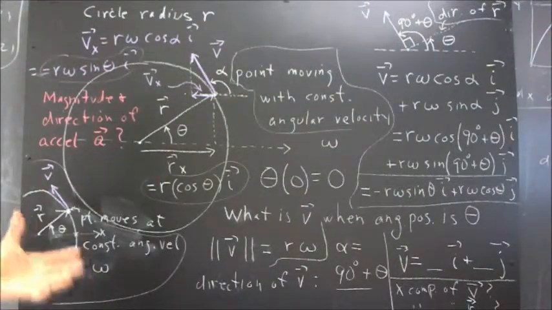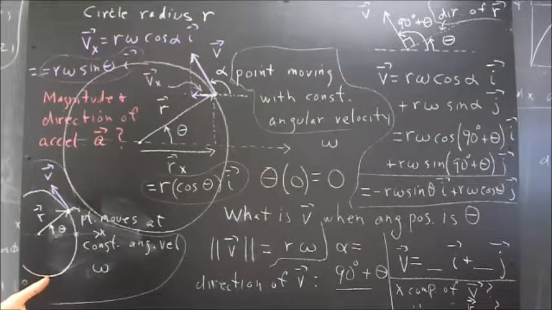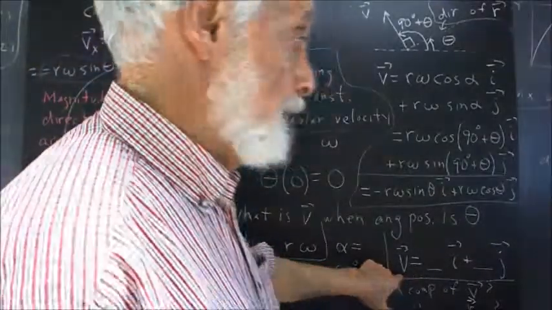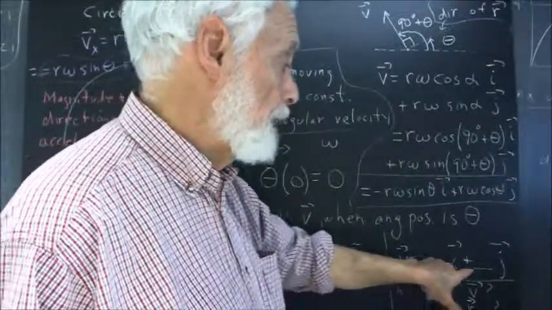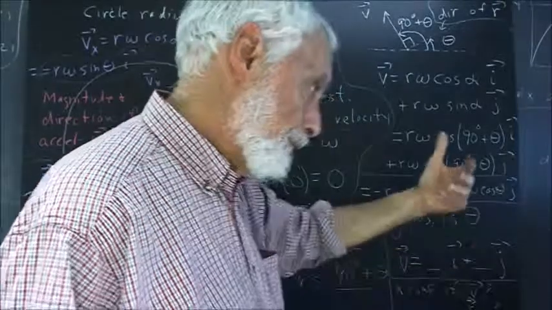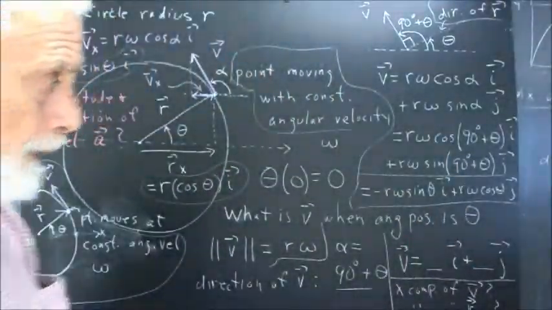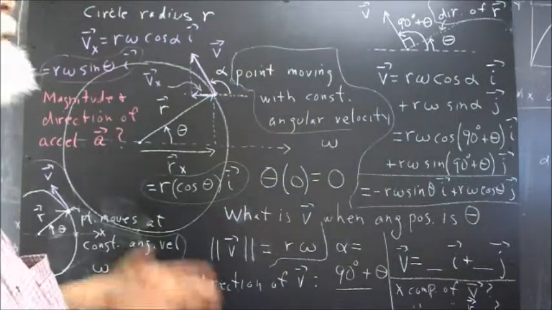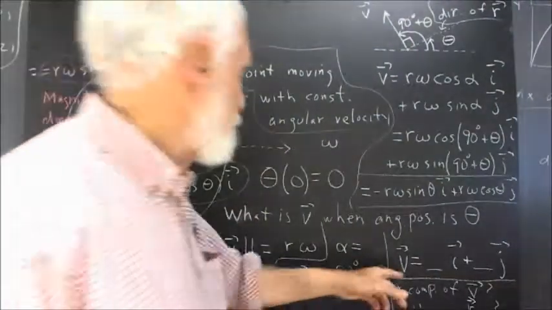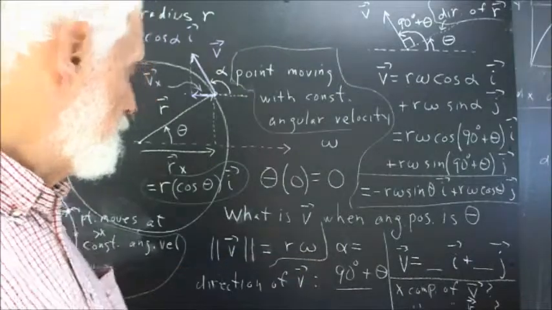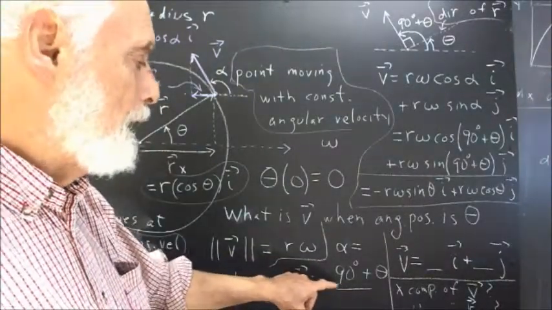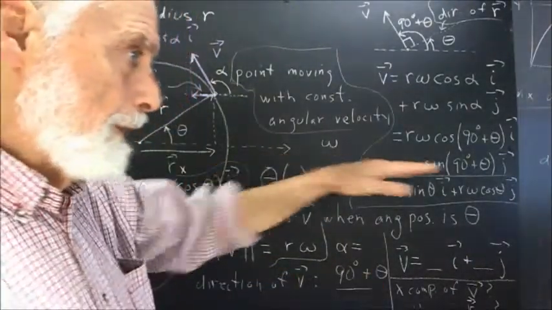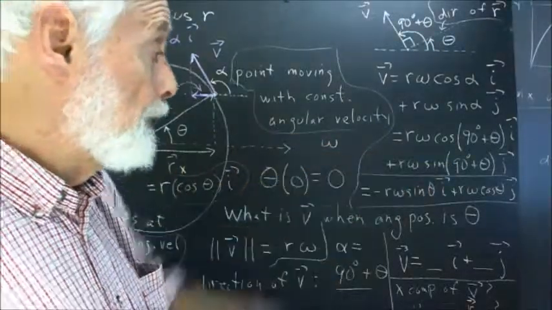Now, what then is the vector v? Questions asked here: v equals what times i plus what times j? The answer's on the board, but you should think through it. Okay, well, in the simplest possible terms, a vector with magnitude r omega and making angle 90 degrees plus theta with the i direction, the positive x direction,